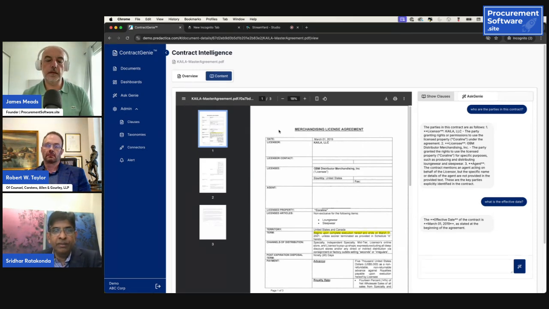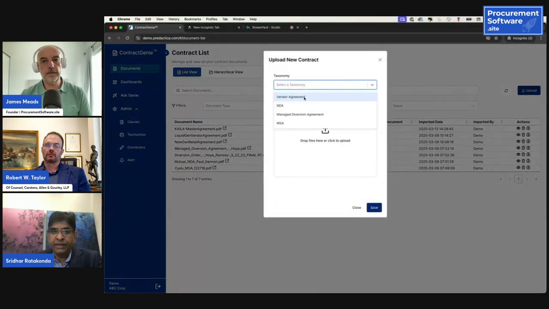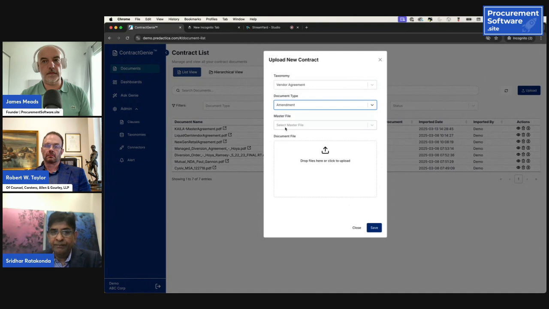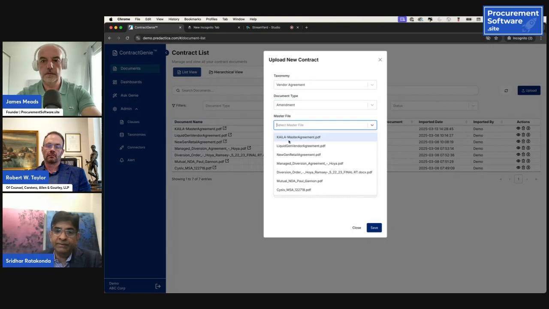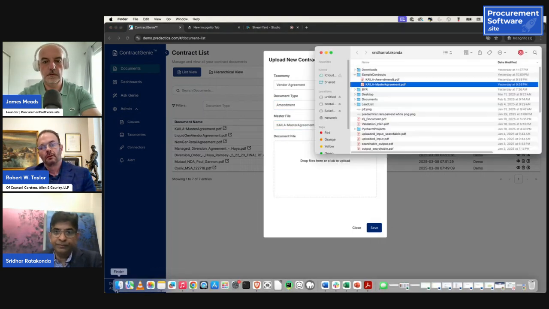So now let's go back to documents view, and let's now load an amendment. I want to show how easy it is to load an amendment. So in this case, same taxonomy, and I will pick amendment as a type. When you pick an amendment, you want to show what master it is related to, right? So in this case, there is an amendment for this document. I load that, and then